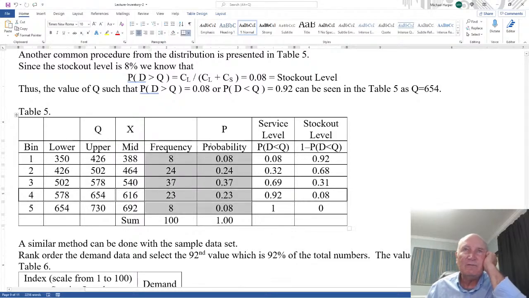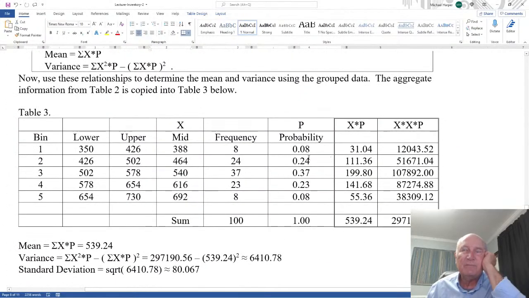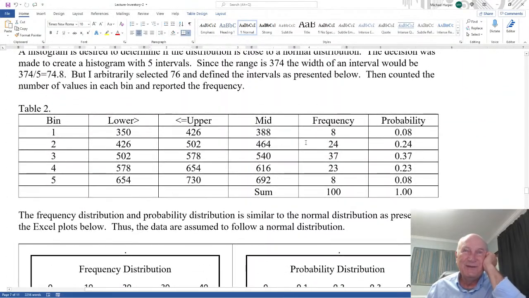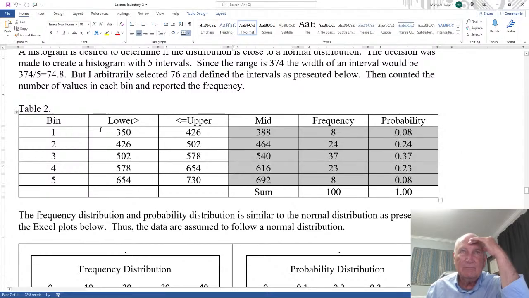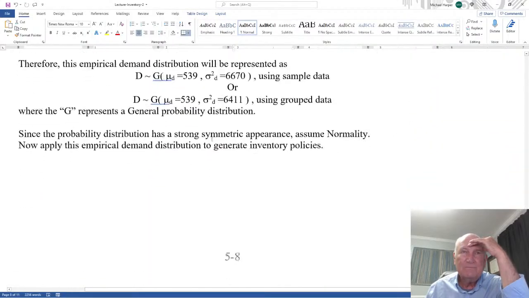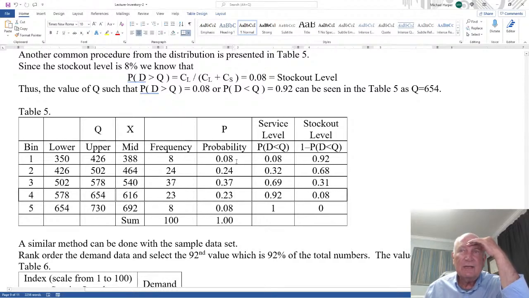Now this Table 5 is just copied up here. Let me just show you. I'm copying it from Table 3, which was copied from Table 2. I'm just using this again. I'm just copying this down. So these are the probabilities within each of these bins or intervals. Okay, here's Table 3, Table 5. So now in Table 5, what I'm doing, I'm taking the probabilities right here, and I'm having the